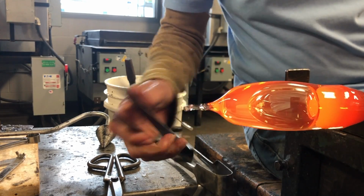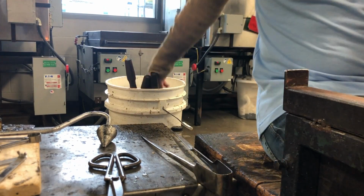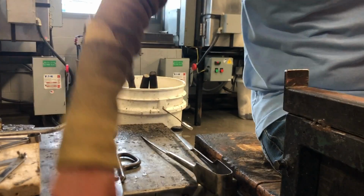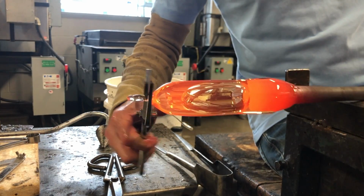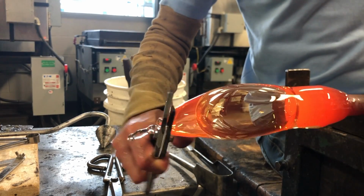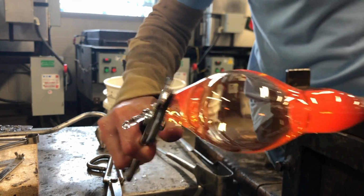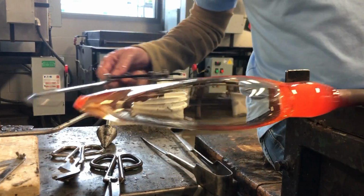So what I'm doing here is I'm just giving myself a little point, a little place that I can grab the glass. I took a reheat there, a nice long one. I'm letting it fall out. You'll see how long the neck is when I come back up. There we go. And this happens really quickly. This is called pulling a cup. So I'm going to blow, sort of squash and pull while I'm blowing. And there we go. 90% of the work is done to make that